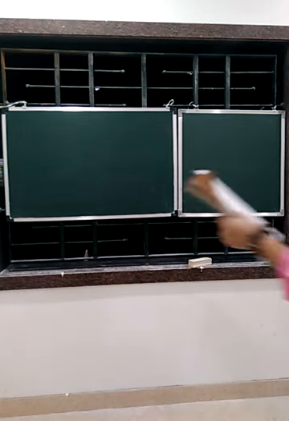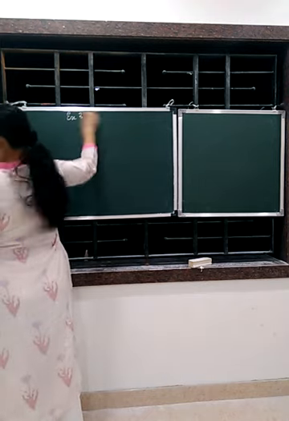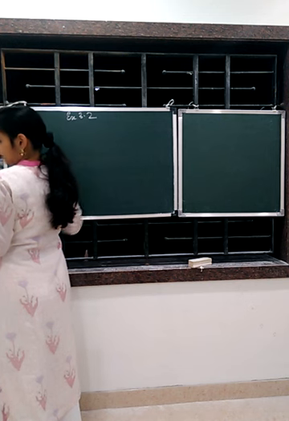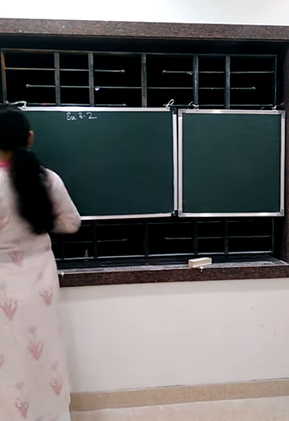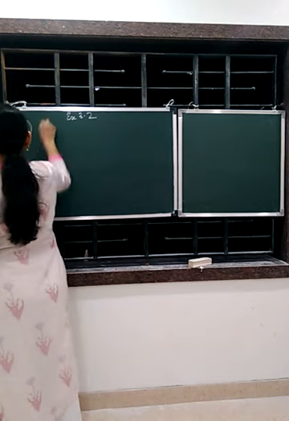So we were continuing exercise 3.2. We completed questions number 1, 2 and 3, on how many sides a regular polygon has. Now we have to start question number 4. We do it in the copy.